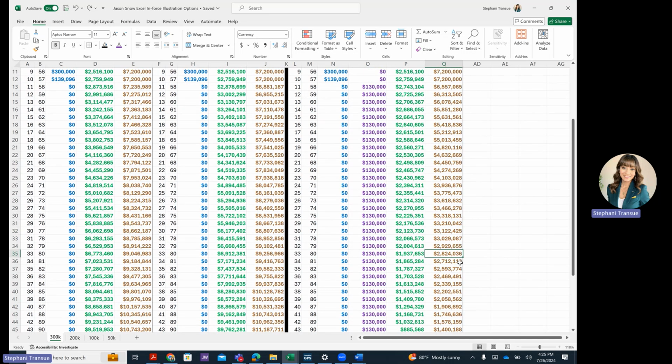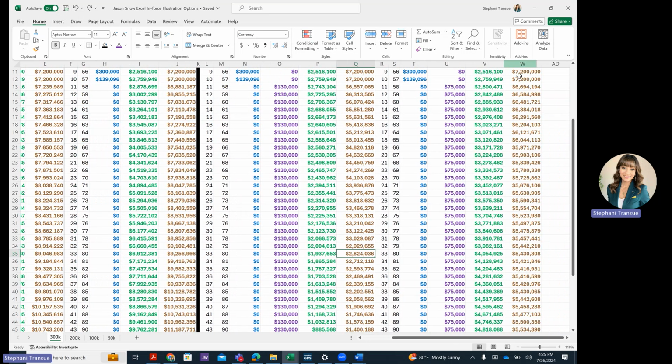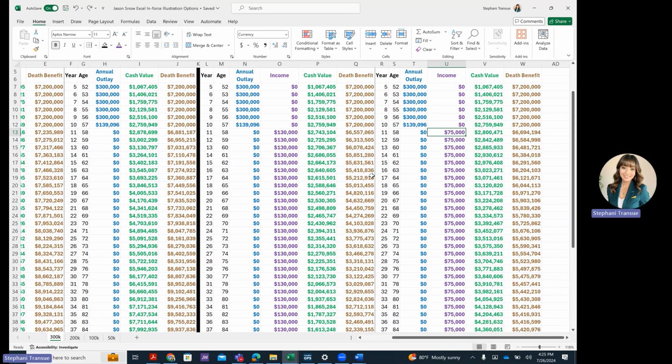Now, a concern that you mentioned is that you wanted to make sure that your kids, and especially Jeff, are able to get a good death benefit in case something happens to you. So we wanted to show you another option of what if we use the same funding, but you decided to take an income of 75,000 every year as opposed to that 130.